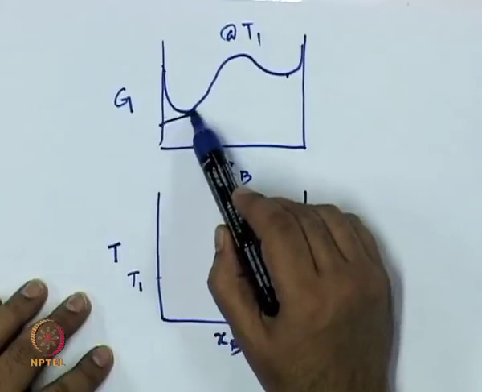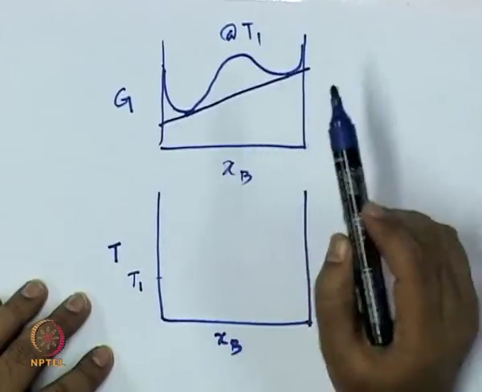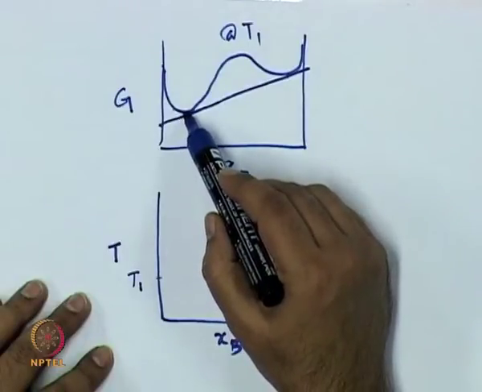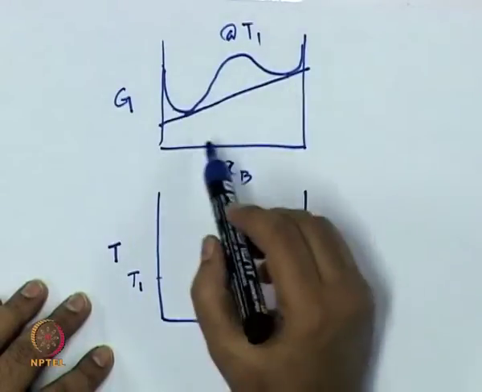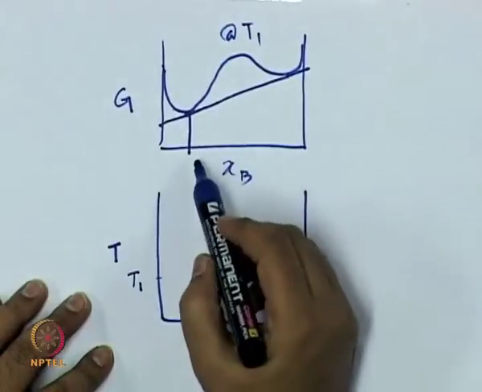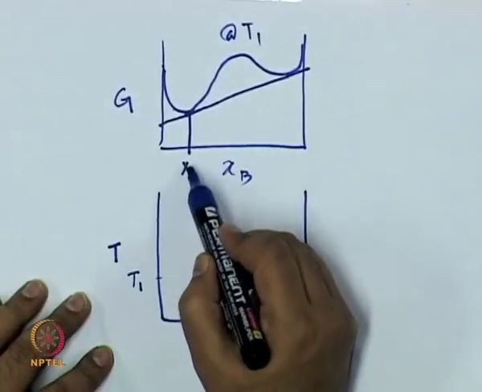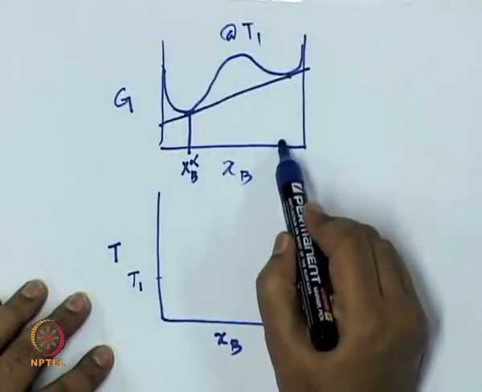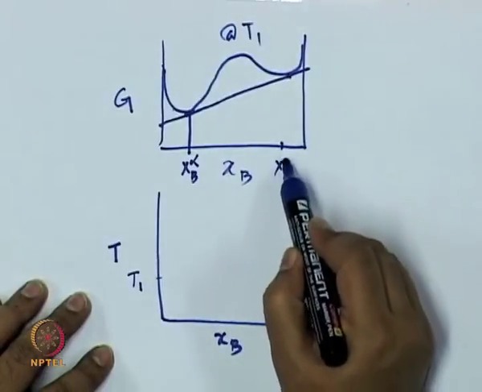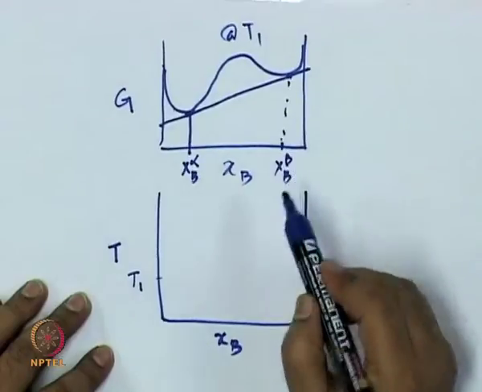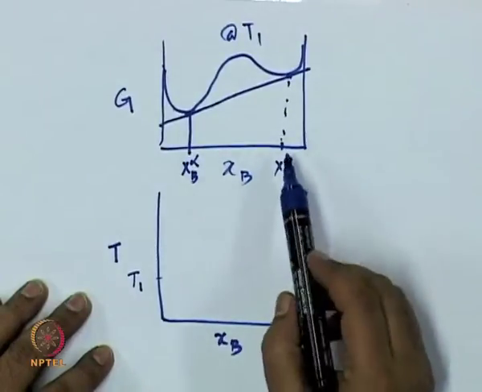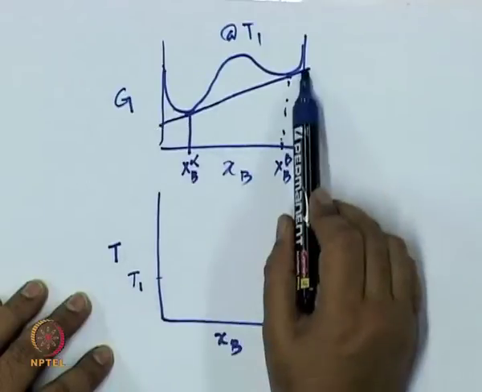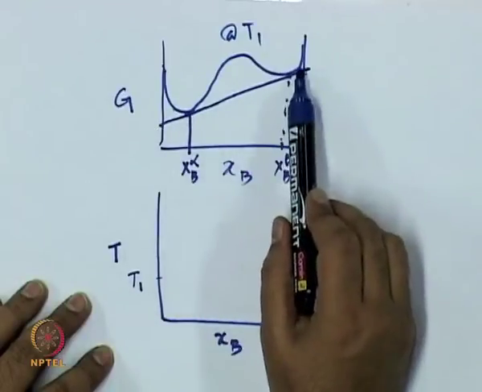So, if I draw a common tangent, the points at which the common tangent is touching this free energy curve, let me call them x b alpha and that as x b beta. Okay. So, the system has these 2 points at which this common tangent is touching the free energy versus composition